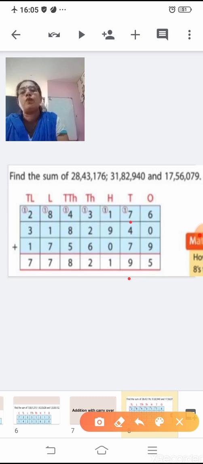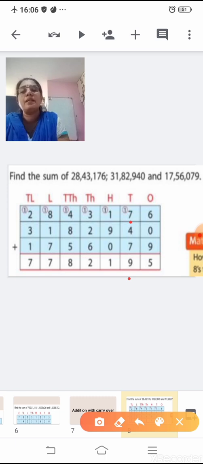Now when 1 is carried over in the hundreds place, you will add the numbers in the hundreds place. 1 plus 1 is 2. 2 plus 9 is 11. 11 plus 0, again it is 11. So 1 you will write down and 1 you will carry over to the thousands place. Similarly, you will add the numbers in the thousands place. When you add the numbers in the thousands place, you will get 12, where again 2 is written and 1 is carried over to the 10,000s place.